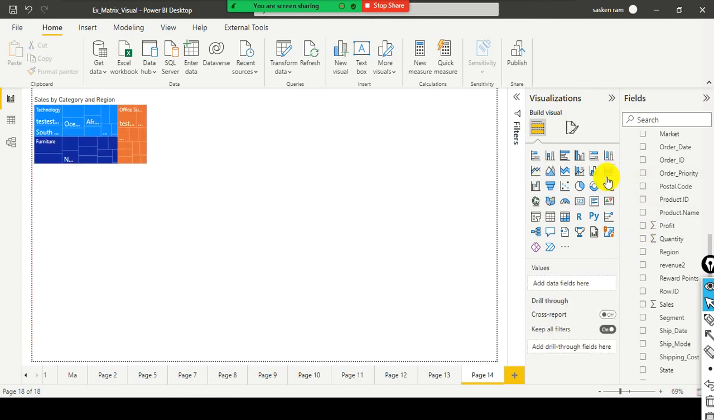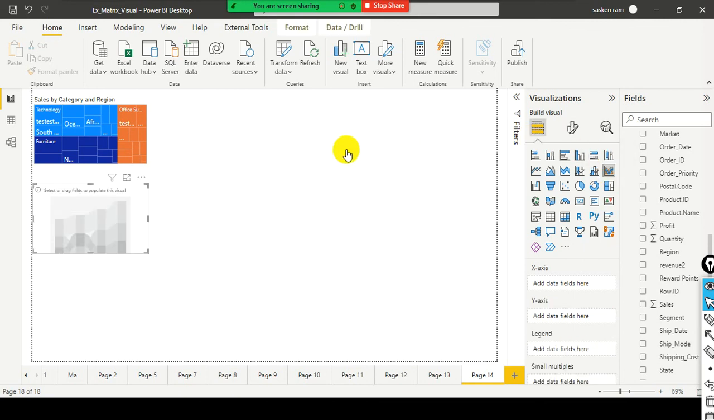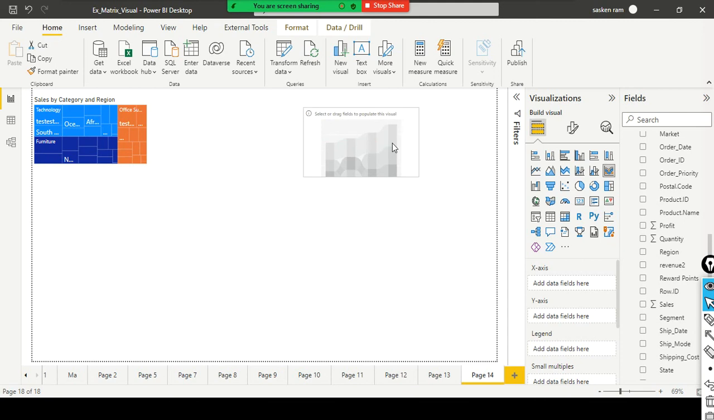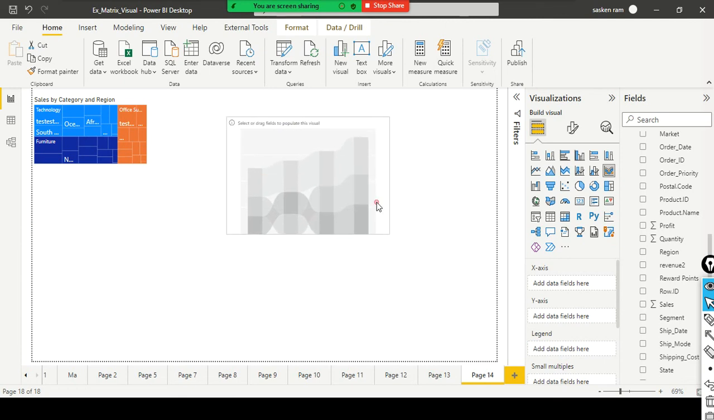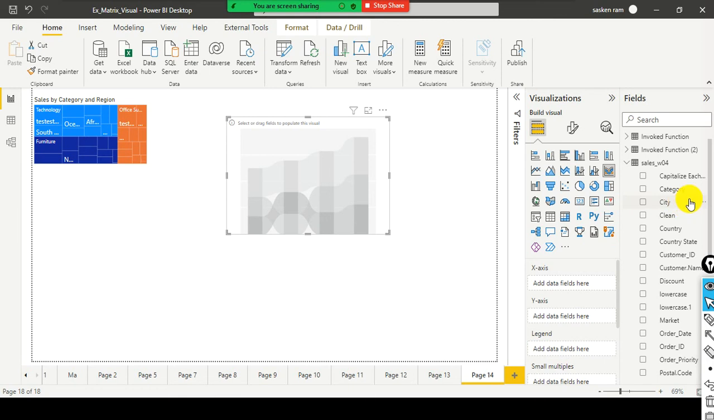So here this is my ribbon chart. Look here, under the visualization pane, in the second row, the last one is your ribbon chart. You just click on it. Once you click on it, it will create a dummy chart, and here you need to populate the data just by dragging and dropping the variables here. So look here, I just use